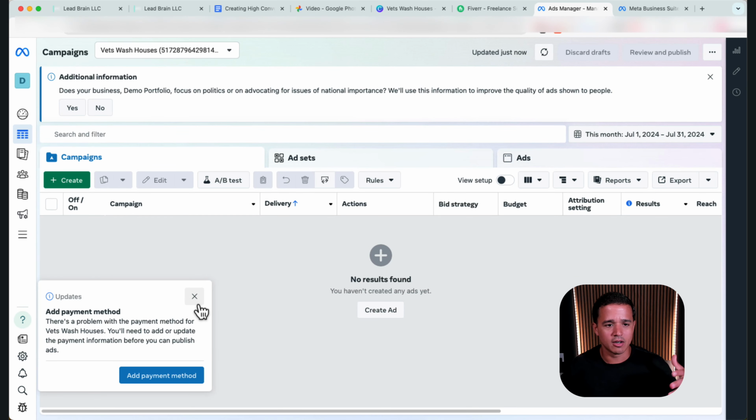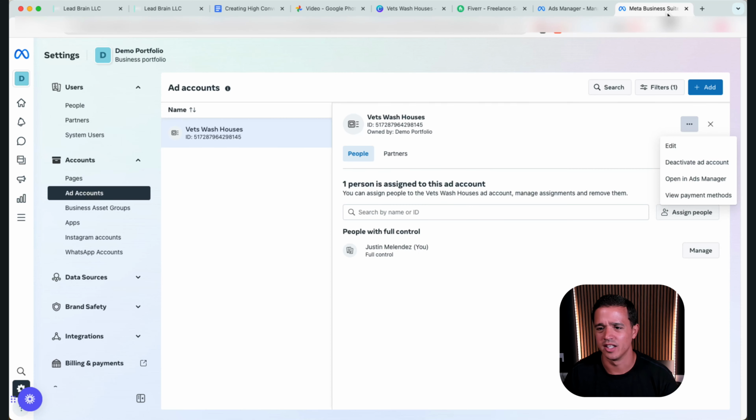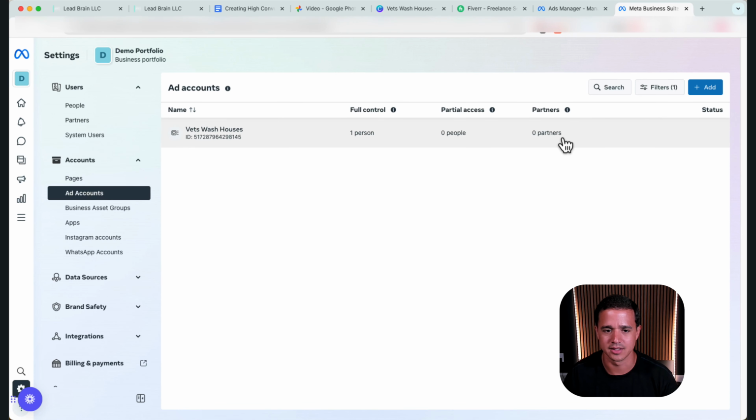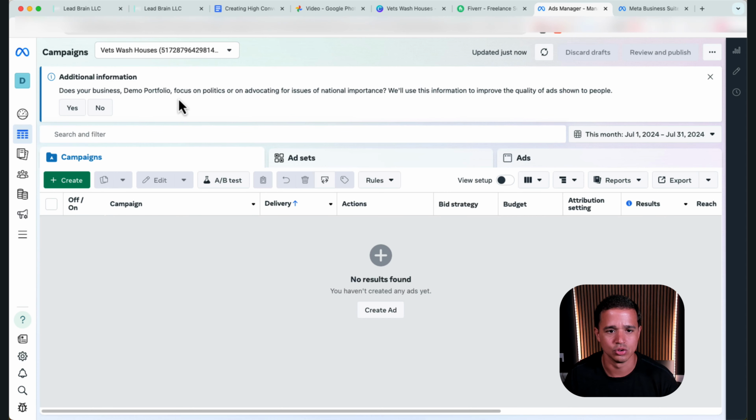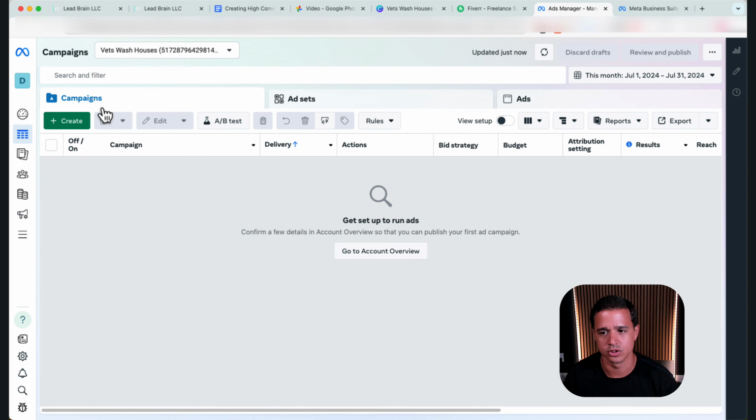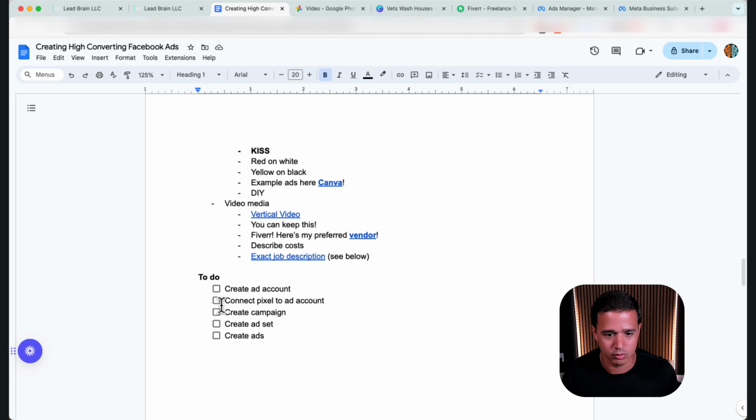So we are now inside of the ads manager. You can go to adsmanager.facebook.com and you should pop into this. If not, that button should work eventually. I think it just happens whenever I'm recording. It has something to do with how my screen is taken over. But we are here. It's asking us to add a payment method because we should have. And then it's going to ask us, do we do any politics? We do not. We're just trying to wash some driveway. So now we're in here. Let's check. We got 1, 2 things completed.